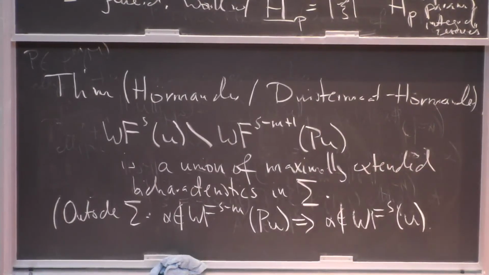So if Pu is nice, then u is nice. That's elliptic regularity, the microlocal version of elliptic regularity. And for example, it follows directly from the parametrix construction that